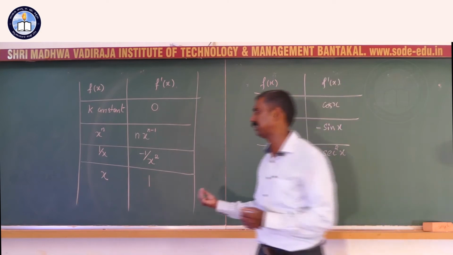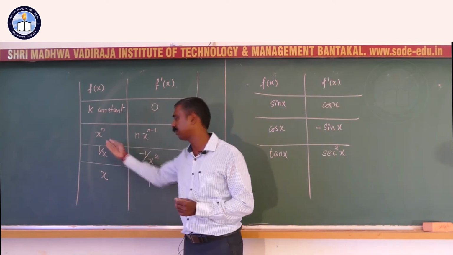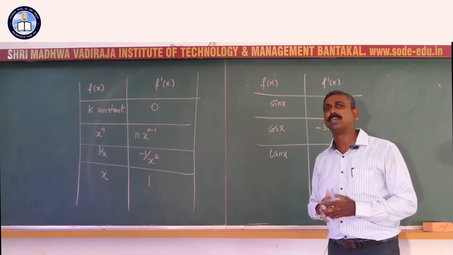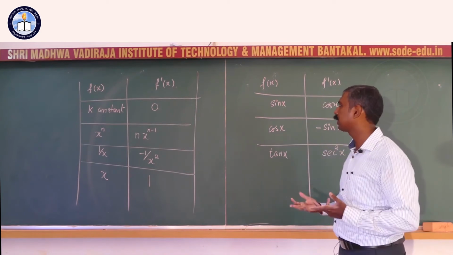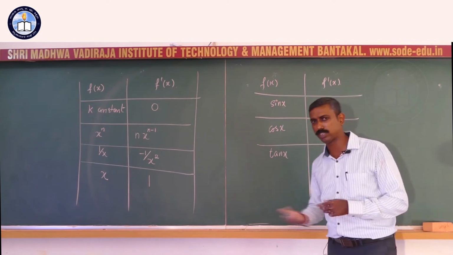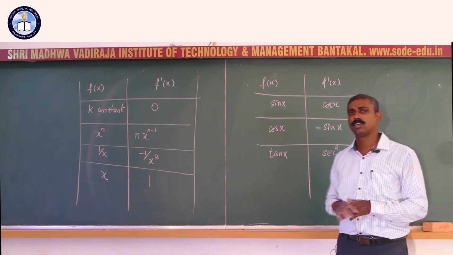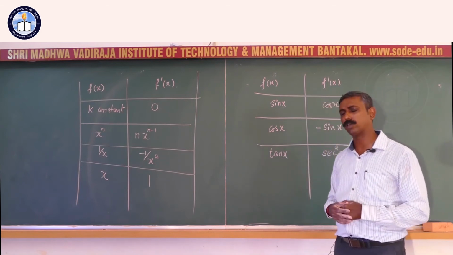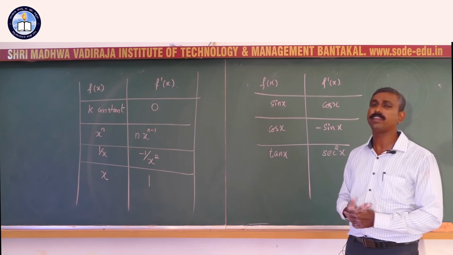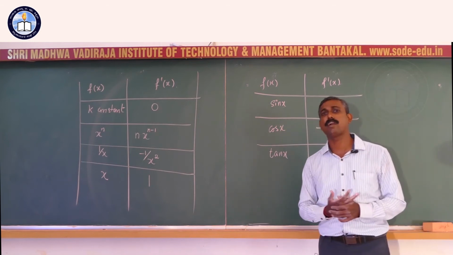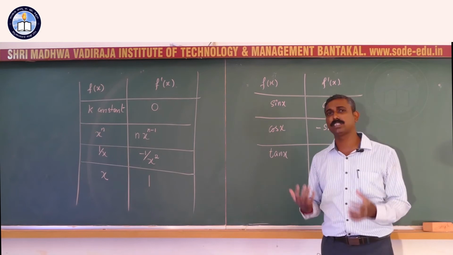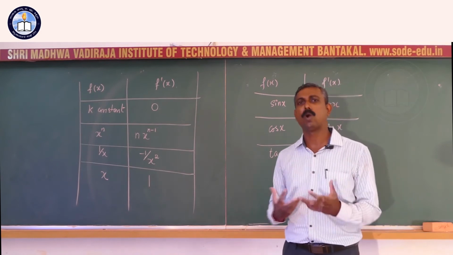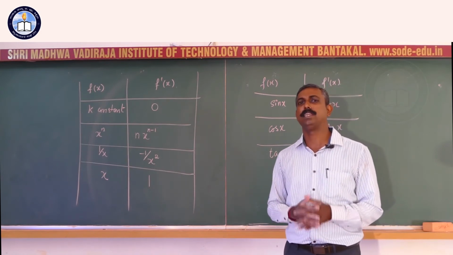Some standard functions, the basic standard functions like powers of x, can be helpful to compute the derivative of polynomials in future, and the derivative of some 3 basic trigonometric functions. So cosecant is a reciprocal of sine, that is 1 by sine is cosecant, and secant is 1 by cosine. Tan, cot is 1 by tan, so that we can study later. Once we know how to use the algebra of limits, the derivatives of these basic functions can be utilized there, and we can get the derivative of more composite or more complex functions easily.